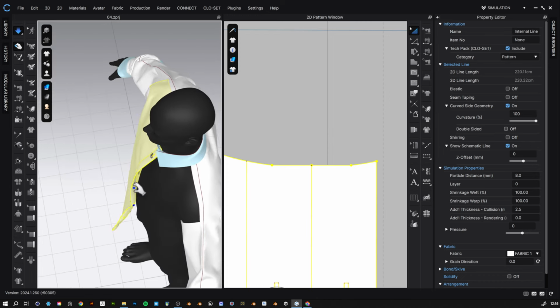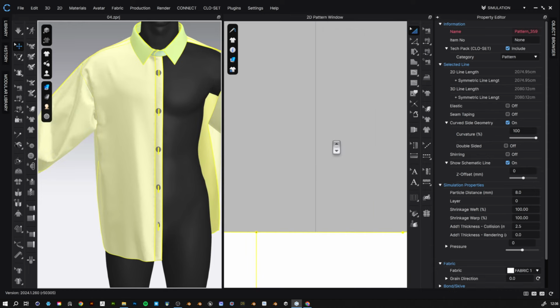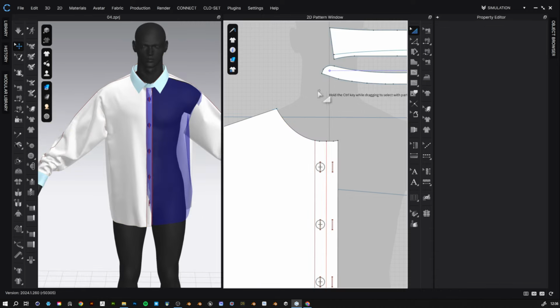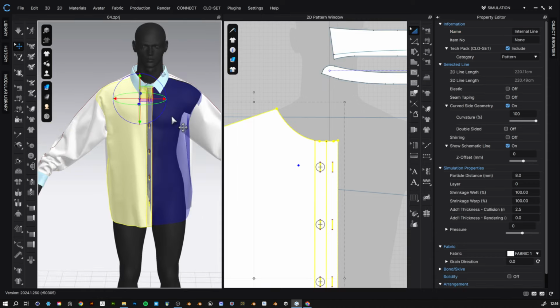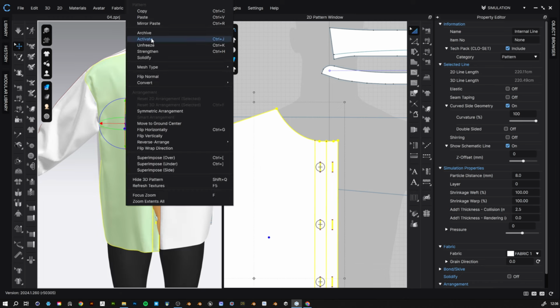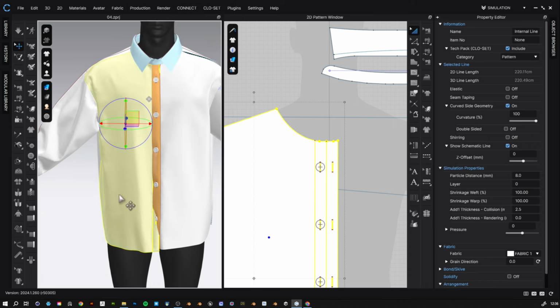So now this is a nice folded edge. There's a little wrinkle in the bottom here. I'm going to press Control and A to select everything, and then Shift and Q to hide it all, and Shift and Q again will bring everything back. And then I'm going to select this front piece and this placket and choose Activate. And I think if I freeze this piece and then I activate it, yeah, my buttons have become active now